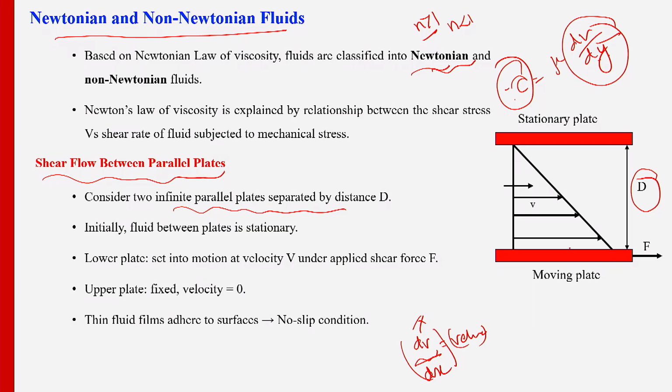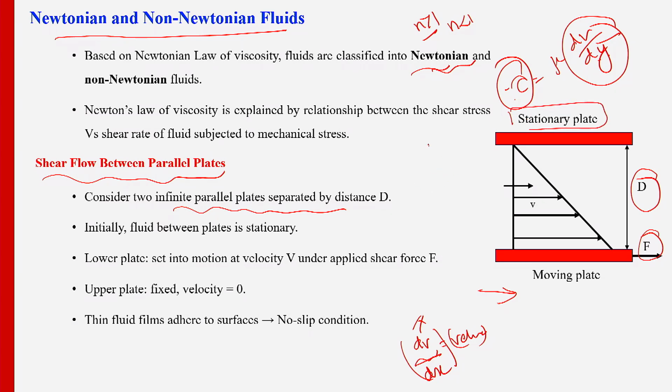Then you make the lower plate move, that means you apply some shear force, then automatically the lower plate moves. Whatever this velocity is, the liquid also slowly starts to move, but the upper plate, this is the upper plate,